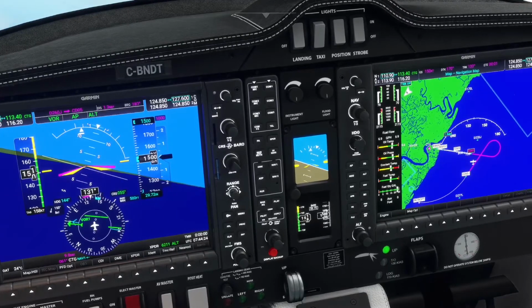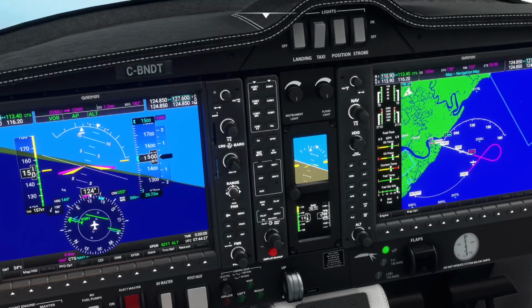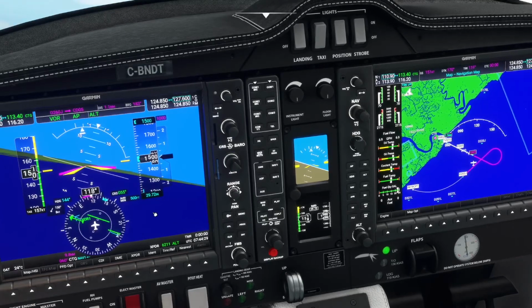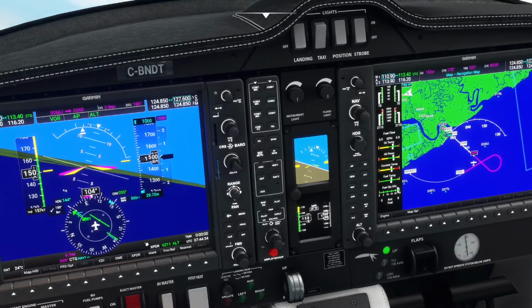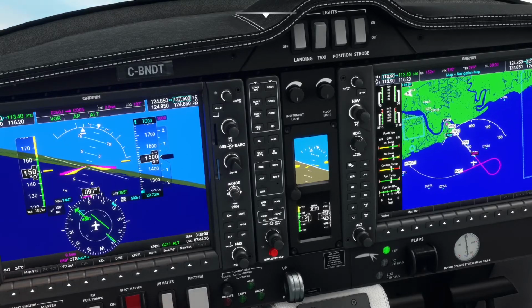Once we're established inbound inside 9 DME, I can descend to 1,000 feet. So I'm going to put 1,000 feet in my window here and get ready to vertical speed it down as soon as we hit